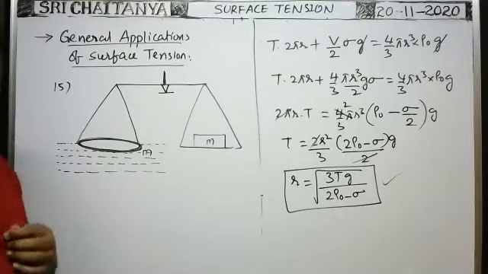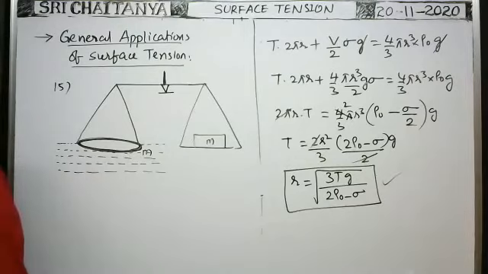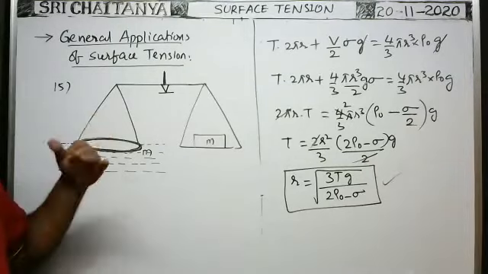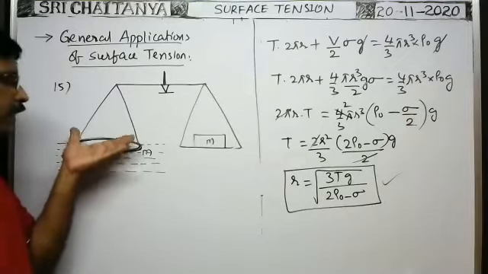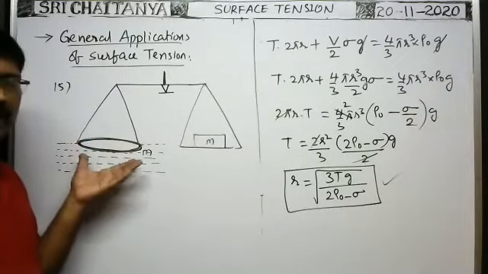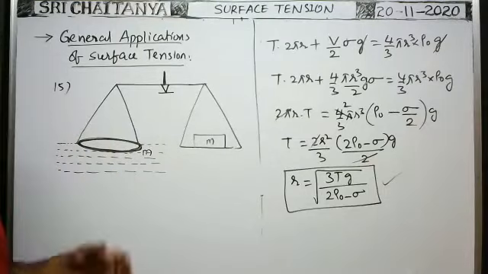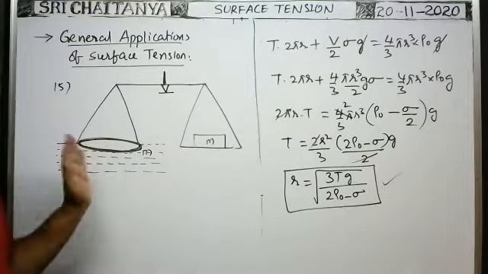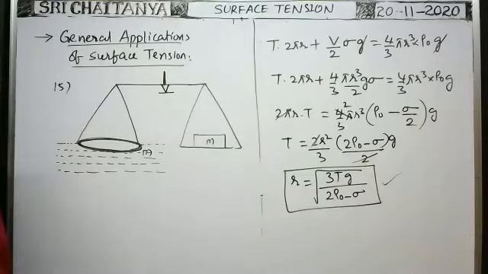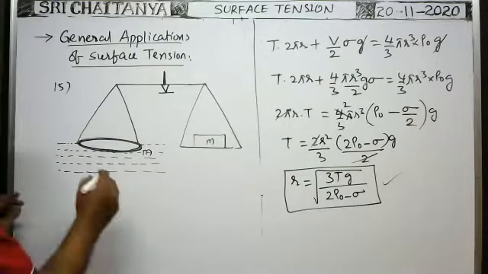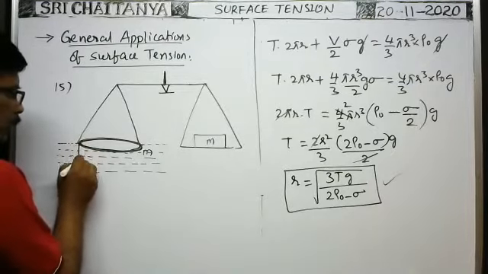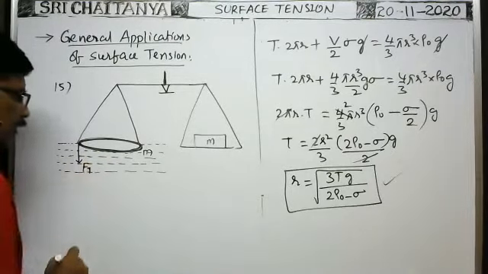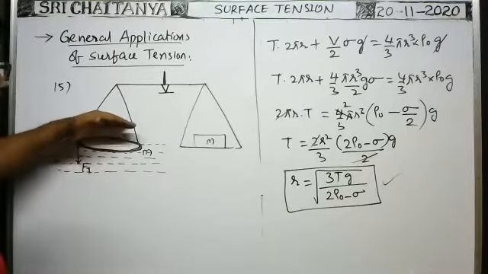Okay, Vishnu, then what happens here? Whenever the ring is made in contact with the surface of the liquid, does the ring come down or rise up, or is there no change in the position of the ring? Does it remain in equilibrium only? Force due to surface tension acts on the ring downwards, so the ring comes down.